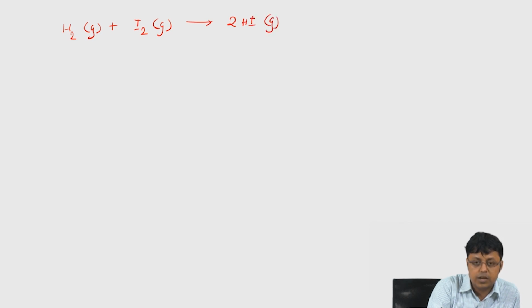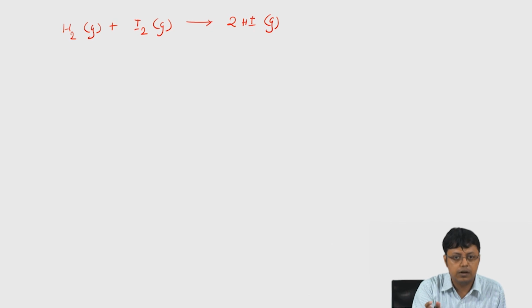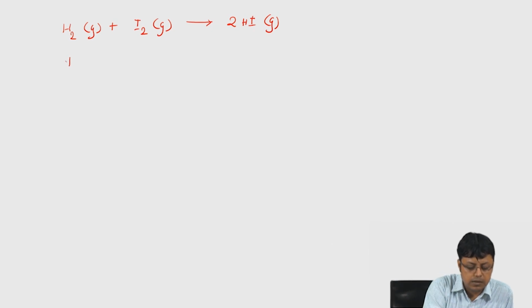Let us consider a very simple reaction. So, let us first give the example of H2 gas plus iodine gas to give you 2 HI. This is also a gas phase reaction of the production of hydrogen iodide from its constituent hydrogen and iodine, and the rate was found to be, I am saying that it is found to be, meaning it is an experimentally determined quantity. It is as simple as K into H2 into I2,